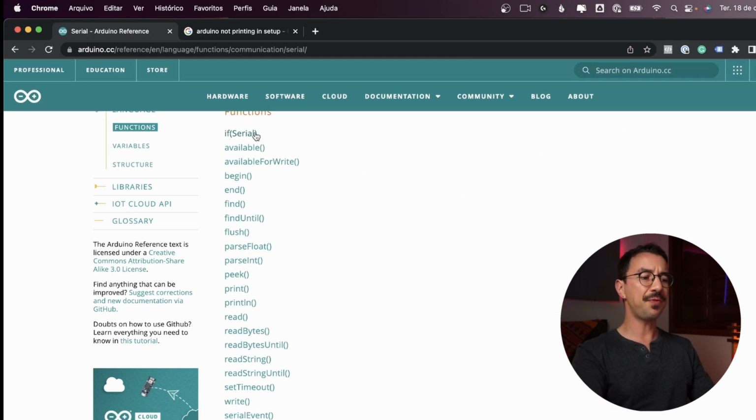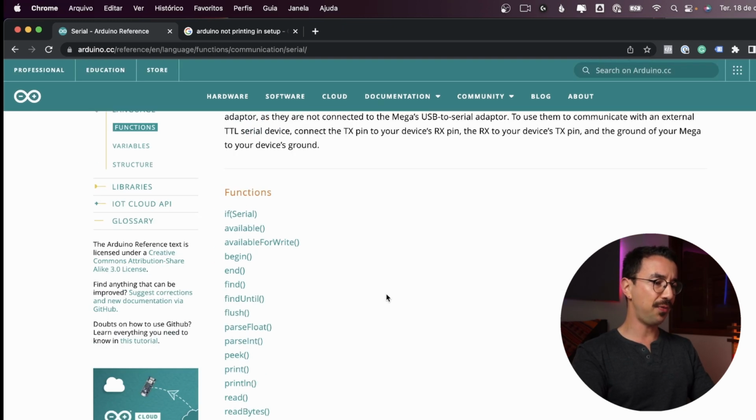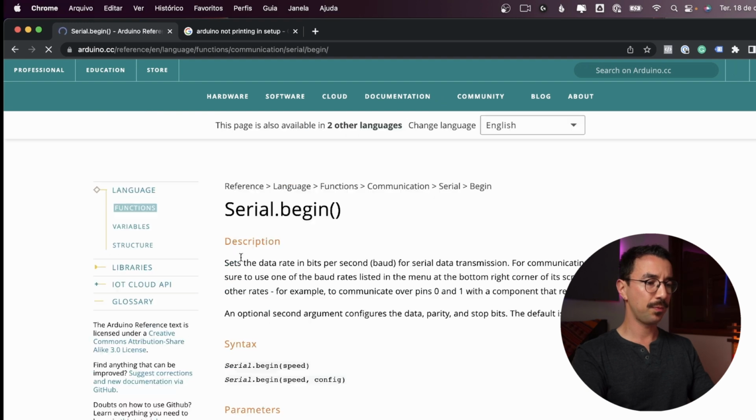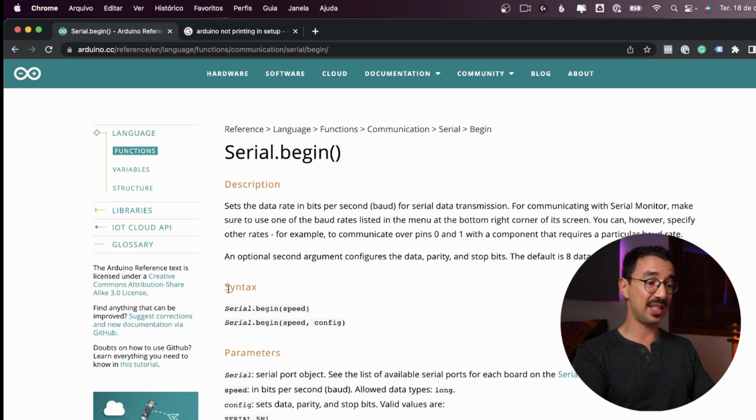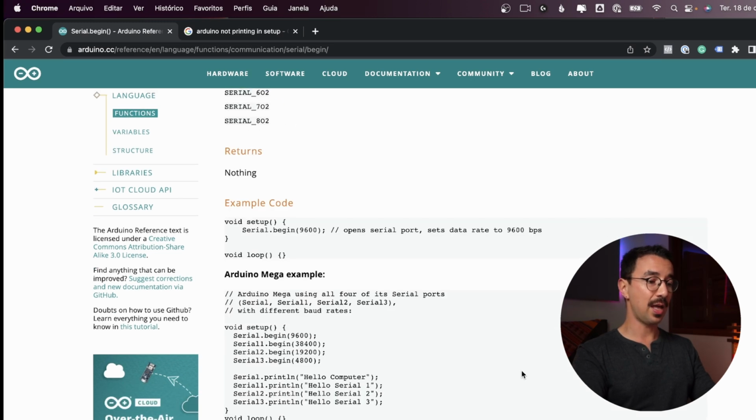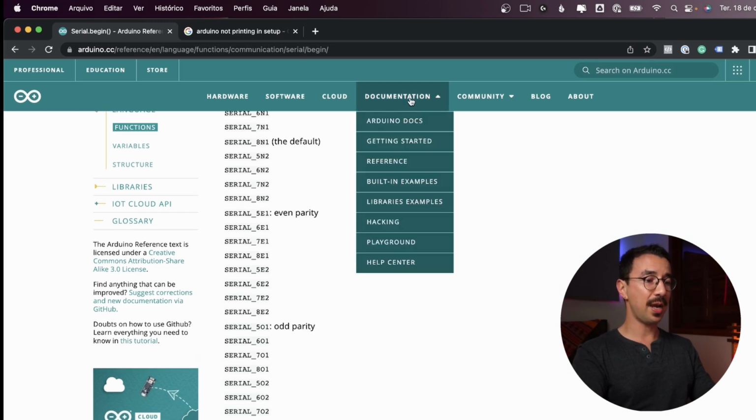For example, serial begin, serial end, find, and if you click it, it's going to give you a description, how you actually write it, the syntax, and an example. Okay, and also here in Arduino docs, get started, please take a look here.